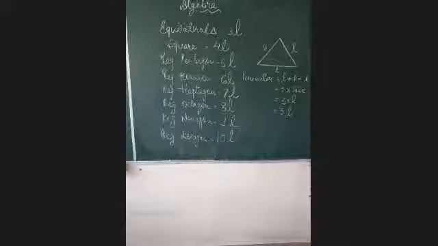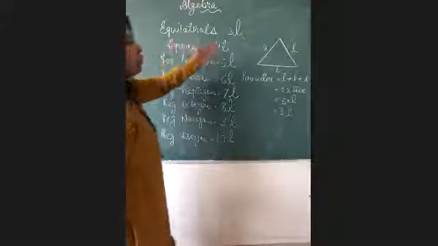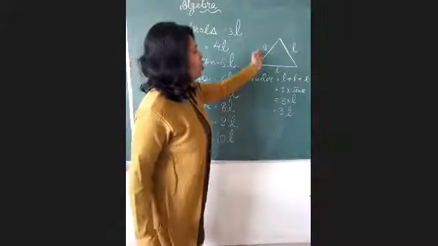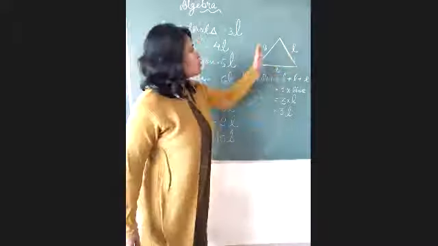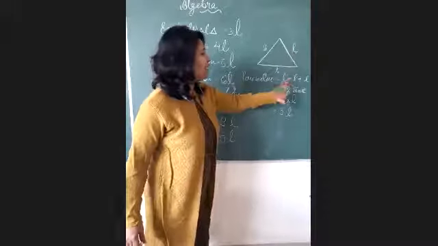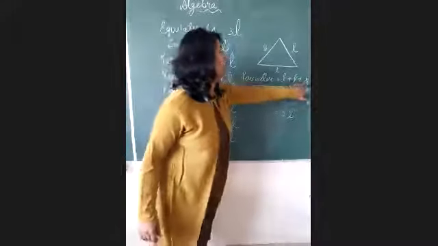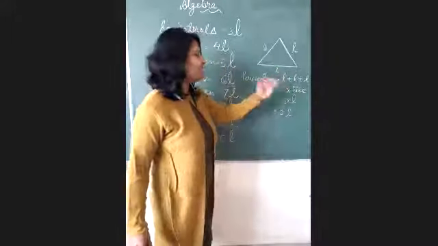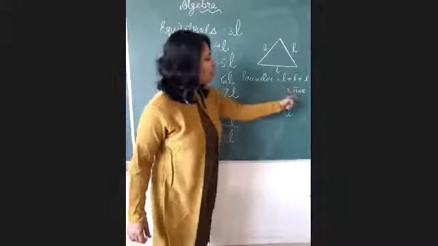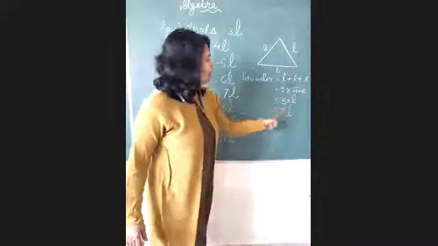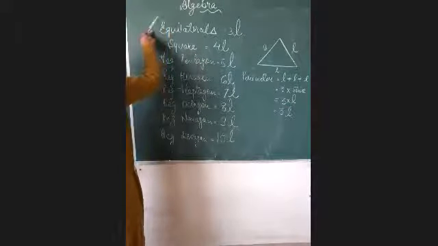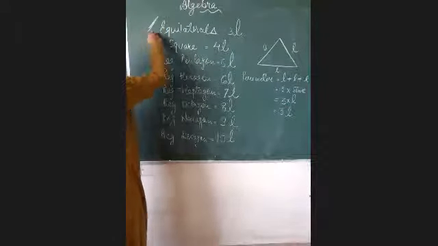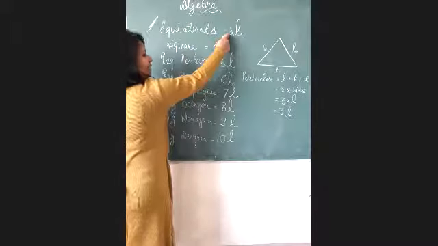Fine. So all of you can see, as we have done, the equilateral triangle is a figure that has all three sides of equal length. So it's L, L and L. L plus L plus L, we are having three L's which are added. So it can be 3 into L also. 3 into L means 3L. So the formula becomes 3 into L, that is 3L.